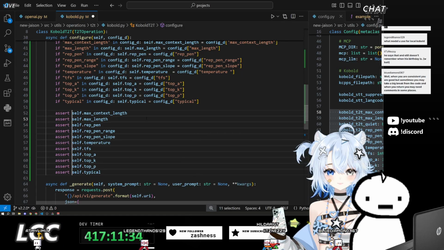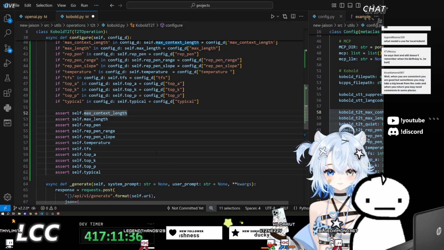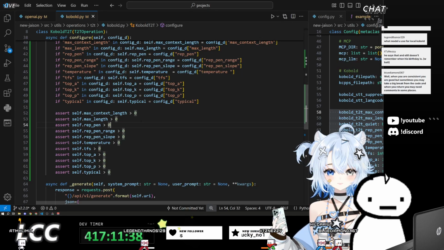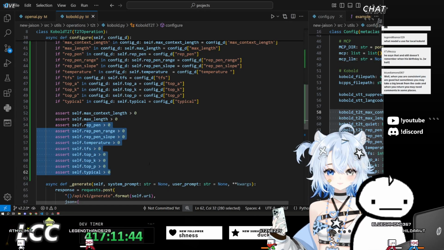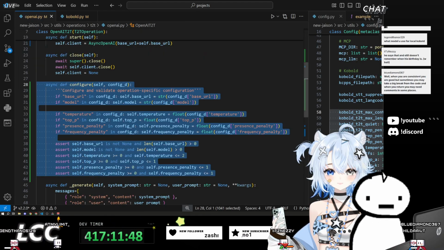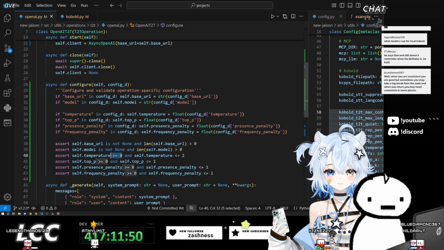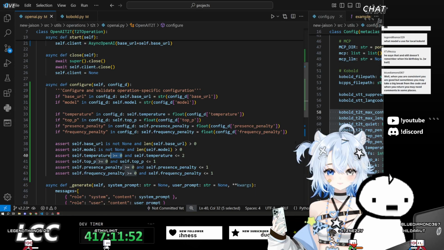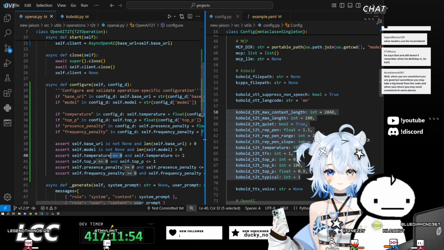Assert. This is something, I don't know. Say greater than 0. Max context length greater than 0, greater than 0. These ones, I'm not sure what they're supposed to be. Temperature. We already know that that's greater than... Actually, I'm not sure what the max range for temperature is.